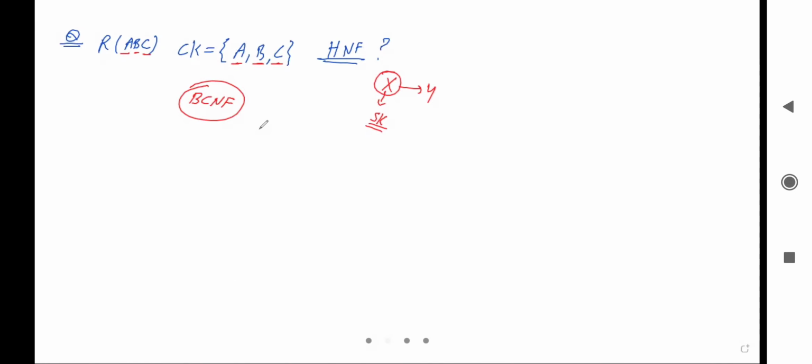यस, अगर सभी एट्रीब्यूट सुपर की होंगे, उस केस में BCNF में जाएंगे. अगर मान लीजिए यहाँ पे कोई और एट्रीब्यूट होता, D होता, और D मिसिंग है, अब ये BCNF में नहीं होता, because D is not the super key, right? अगर सभी एट्रीब्यूट the super key हैं, in that case we will say it is in BCNF. गॉट इट?